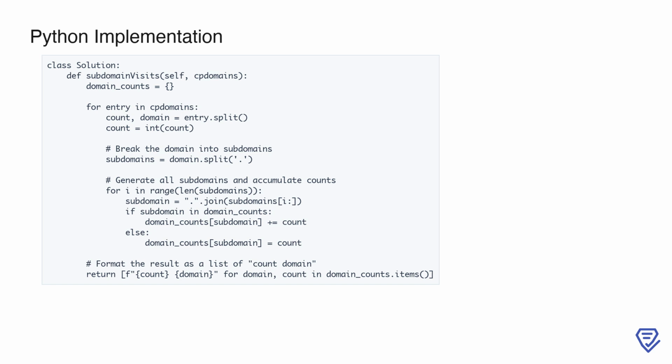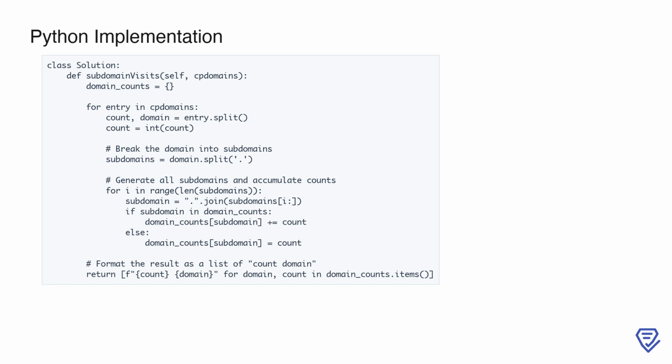2. Processing input. We iterate through each entry in the domains list. Each entry is split into two parts: count, the number of visits, and domain, the domain name. The count is converted into an integer for numerical operations. 3. Subdomain generation. The domain name is split into parts using the dot delimiter. For example, discuss.leetcode.com splits into discuss, leetcode, com. Using a loop, we generate all possible subdomains starting from each segment. For instance, the subdomains for discuss.leetcode.com are